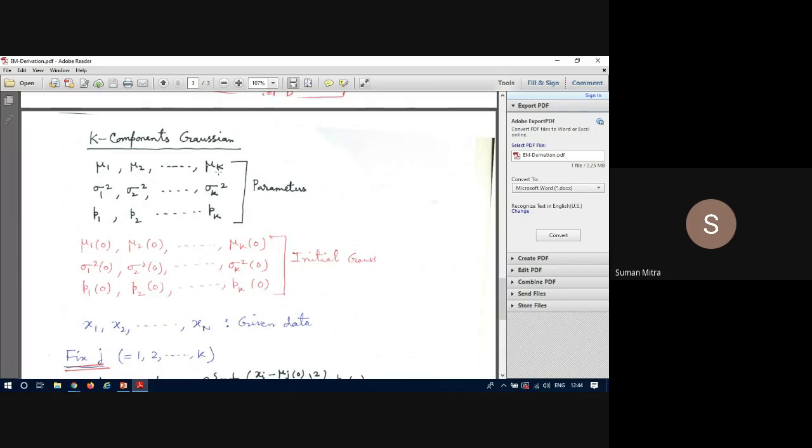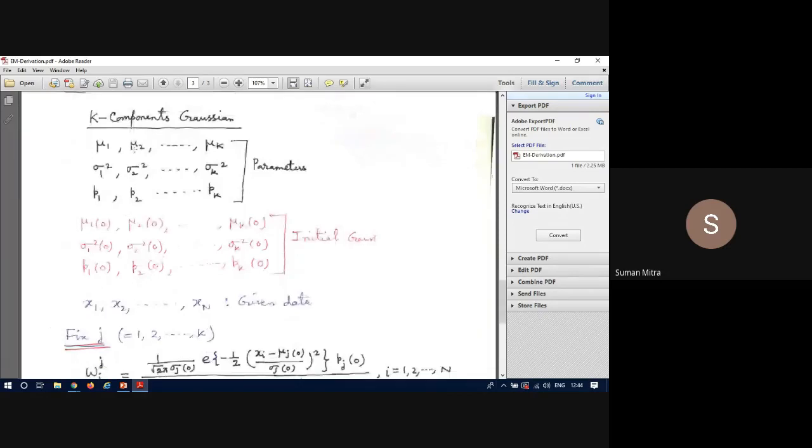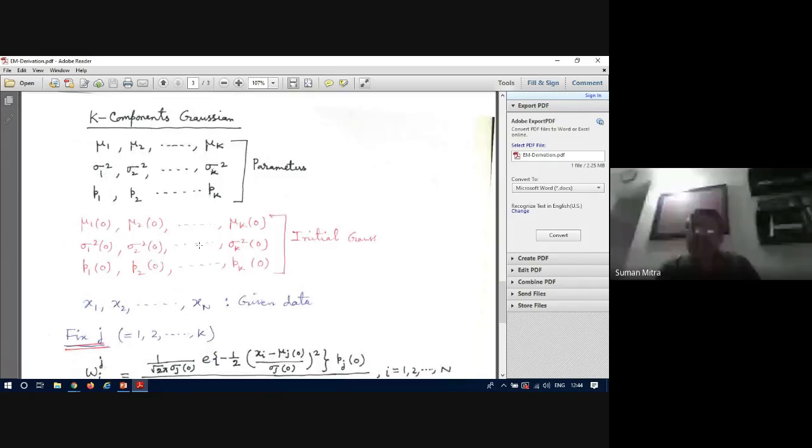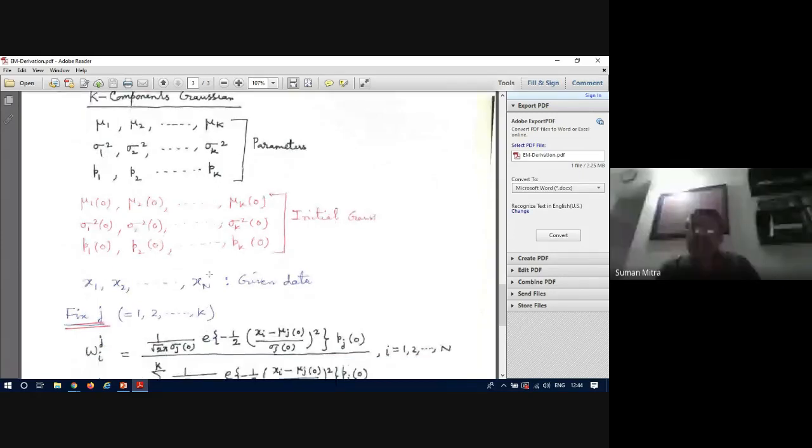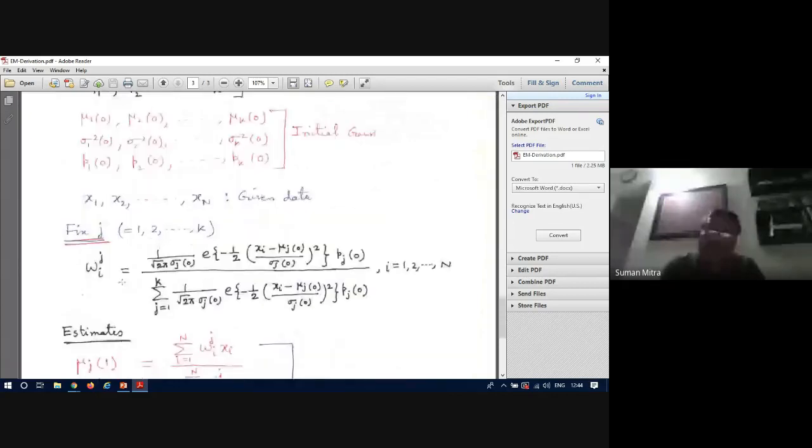That depends on how many variates the data has. If it is small n variate, then it will be small n variates. So this will be n cross 1, n cross 1, n cross 1. This will be n cross n, n cross n, n cross n. So many unknowns. So we have to initialize everything and then use the same thing, that this ratio which we call wij,